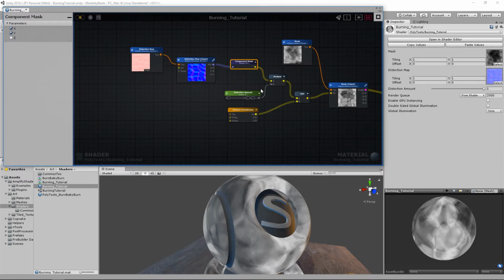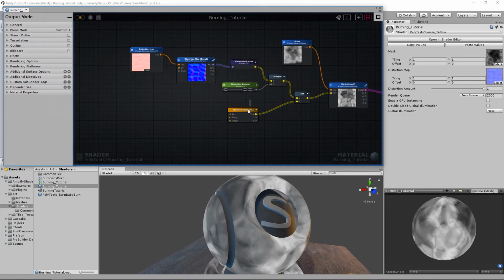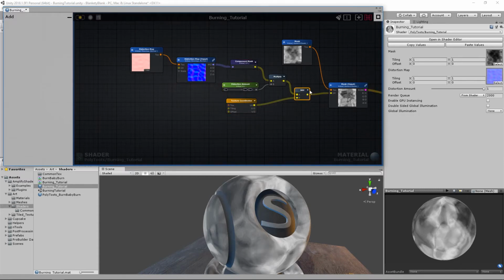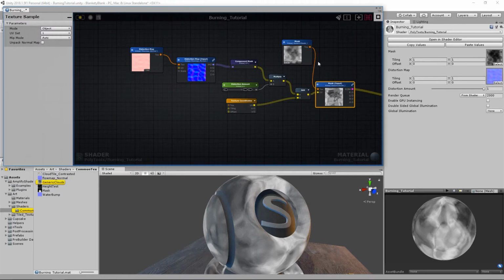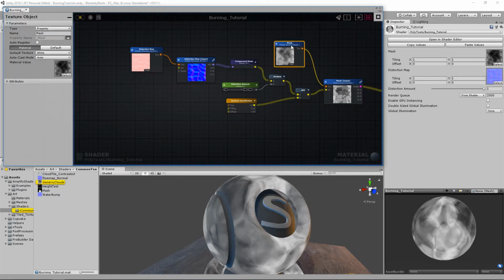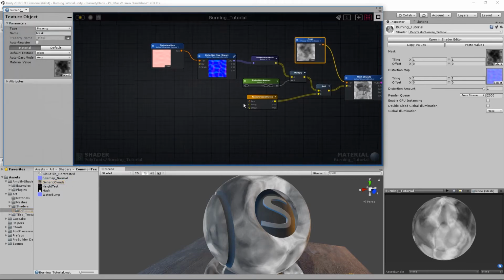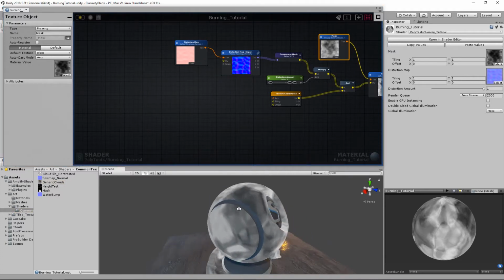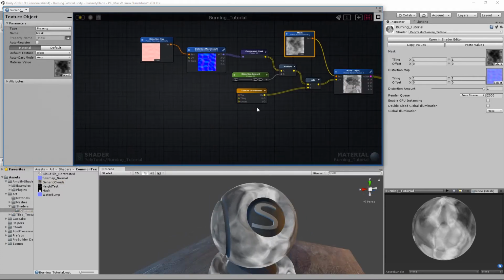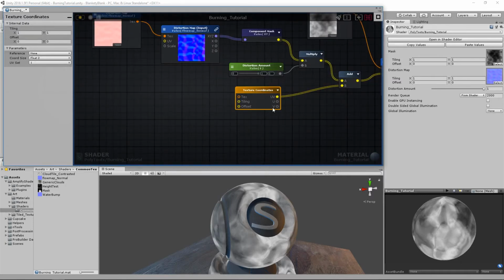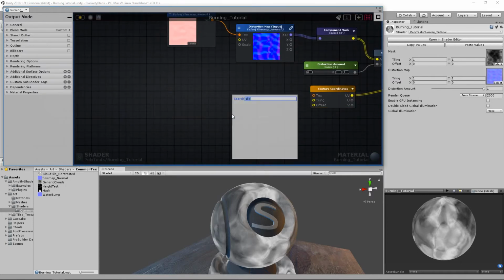So I'm just going to tidy this up a little bit, because eventually, I mean, we're going to be dealing with a lot of nodes, so it's best to try and keep things a bit tidy while you can. So the next thing we're going to do is actually just scroll this texture along the surface, and since we already have the texture coordinates in place, we can just take advantage of this and drop down a panner node,